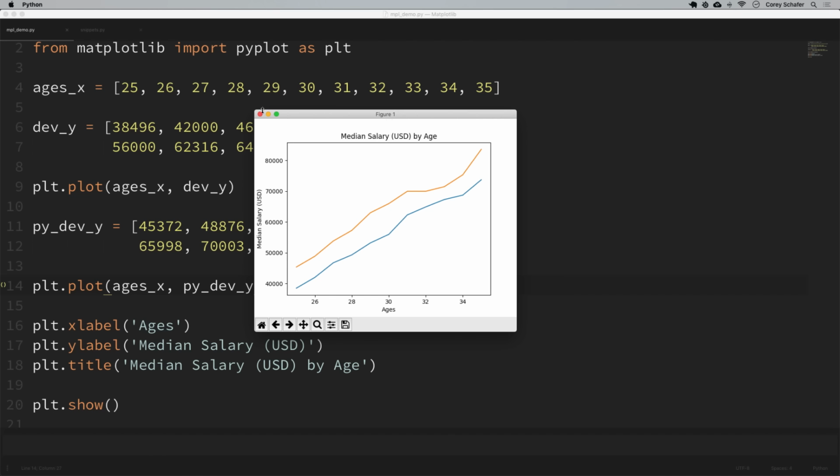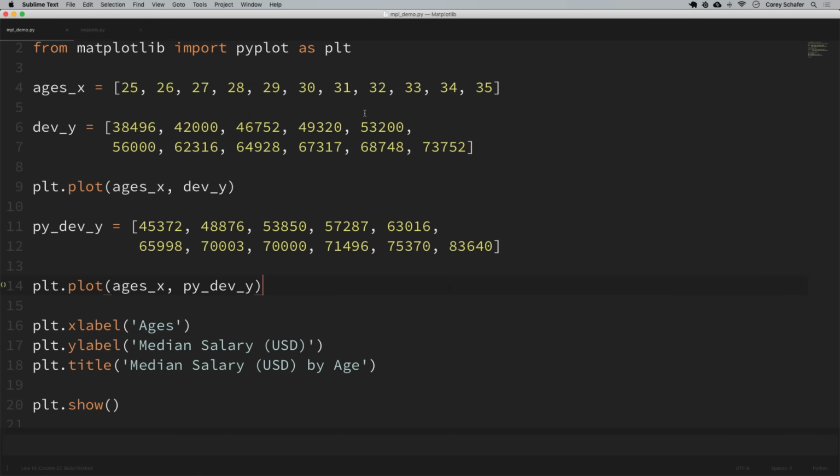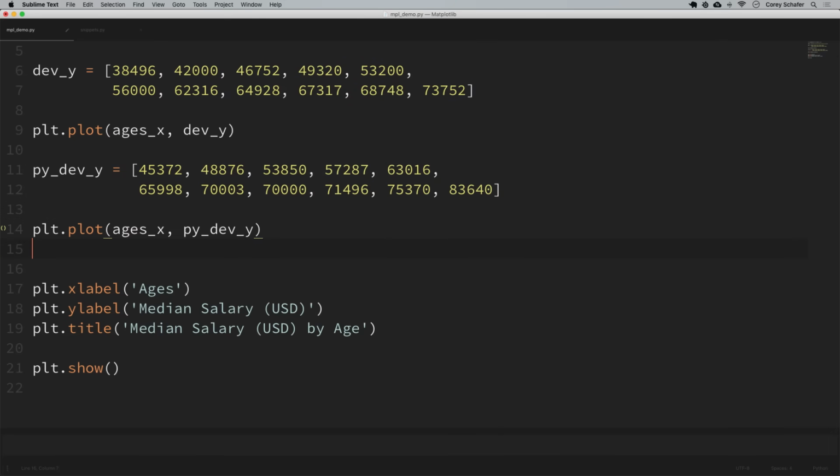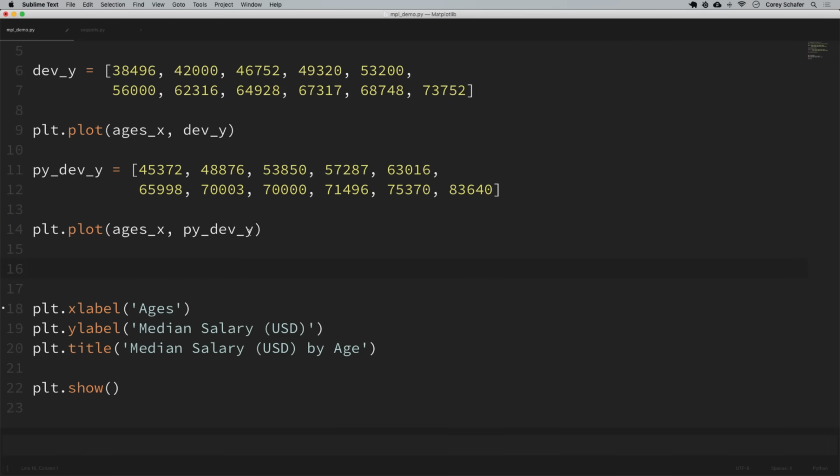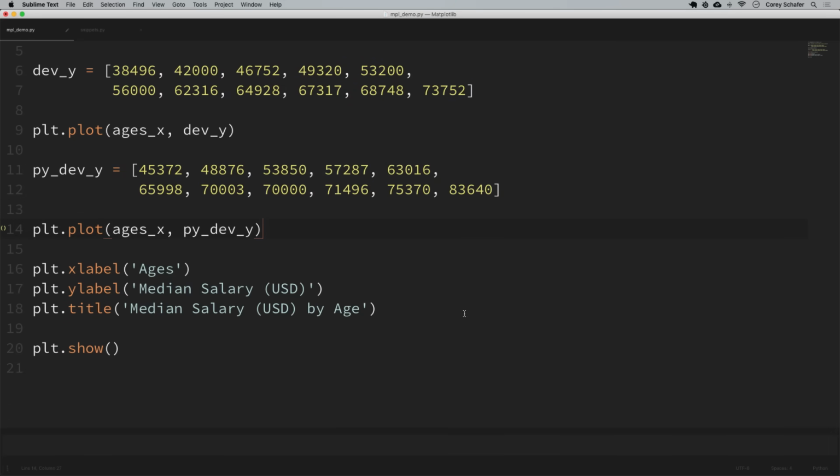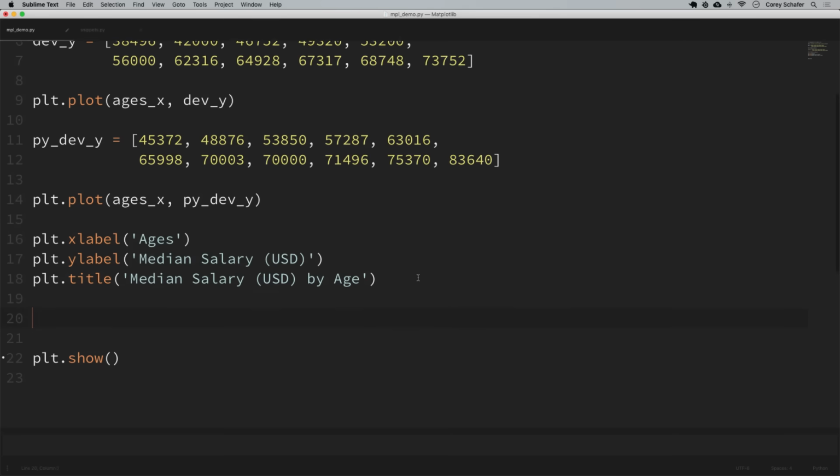So let me close this plot here. And there are 2 ways of adding legends. So the first way is to do it like this. I could add labels for the legend as a list of values in the order that they were added to the plot. So down here at the bottom, actually, let me put this below the title here. So I could say